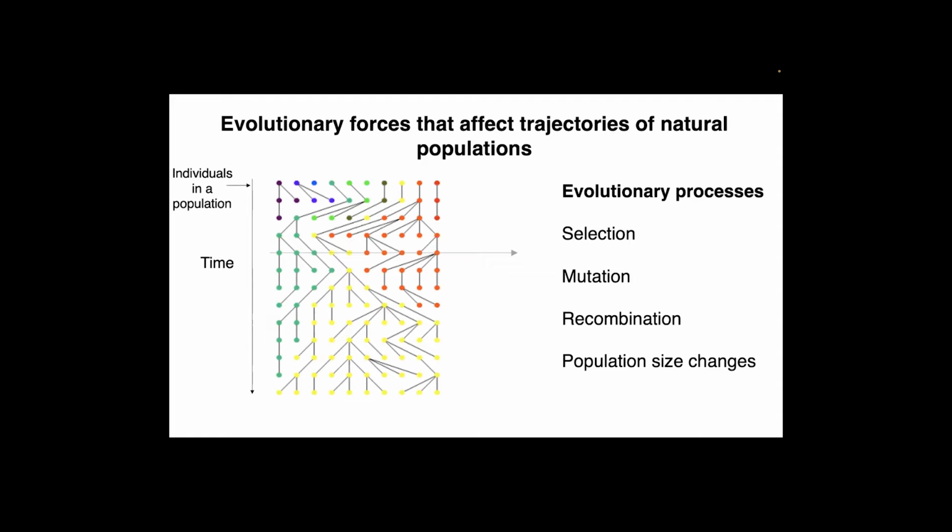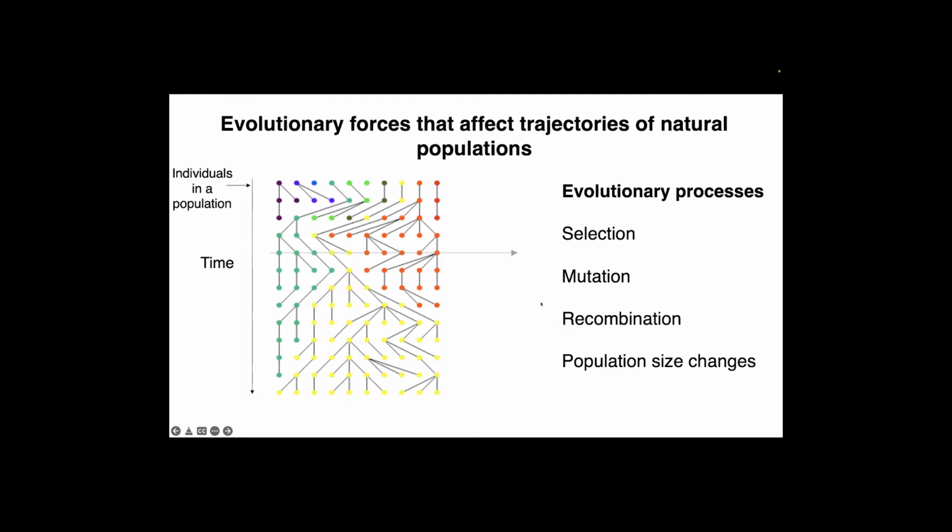Usually the evolutionary processes that we talk about are selection, mutation, recombination, and changes in population size. For the purpose of this talk, it's not important to know exactly how these processes together govern these patterns of variation. But what I do want to emphasize is that